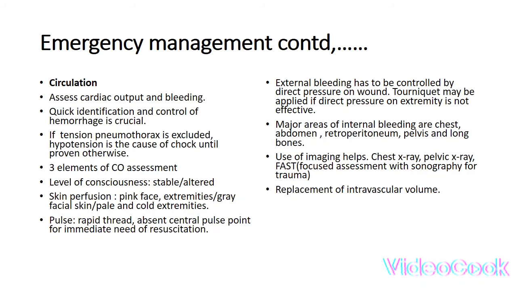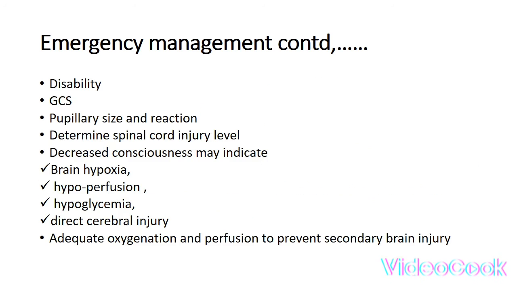They are heavily bleeding. So at this time we use imaging that will help. There is what we call CT imaging for trauma patients, where we do head, chest, and abdomen, x-rays, and also we do FAST ultrasound, or focused assessment with sonography for trauma. We anticipate by replacing the lost blood by giving crystalloid fluids, or if indicated, like when the patient is having low hemoglobin, we give packed red cells.